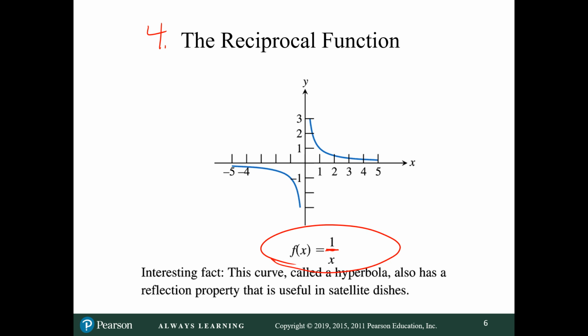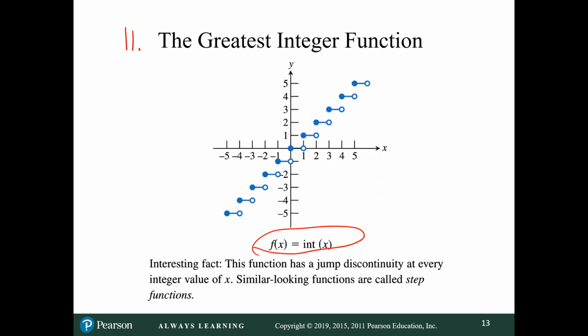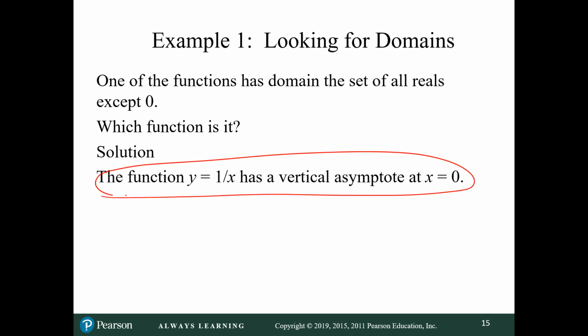That just has a range that goes somewhere else. But it's this one, the reciprocal function. See how it goes really close to 0 here and really close to 0 here, but it never quite hits 0? So the reciprocal function is the only function that is